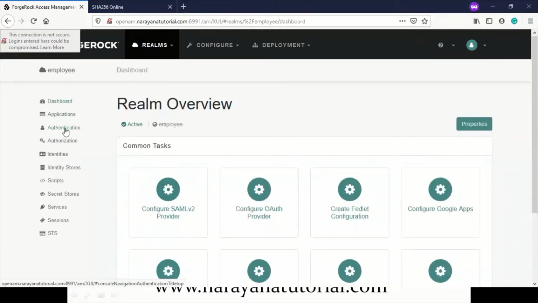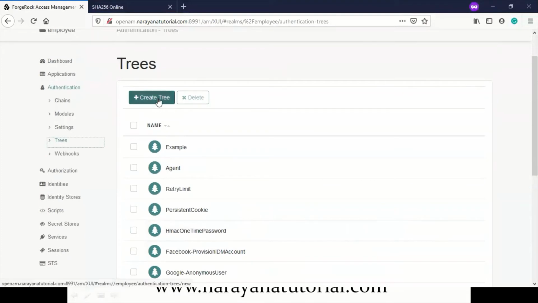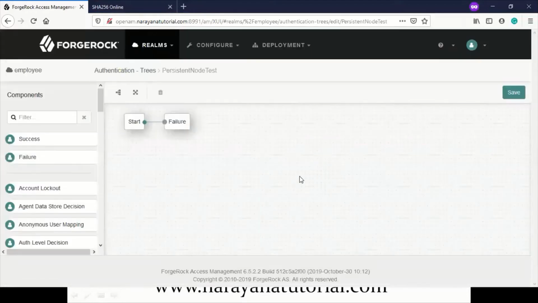So here we have to go to authentication and trees. Okay. So click on create tree. You can give any name here, persistent or test. Okay. You can give any name here, no problem.